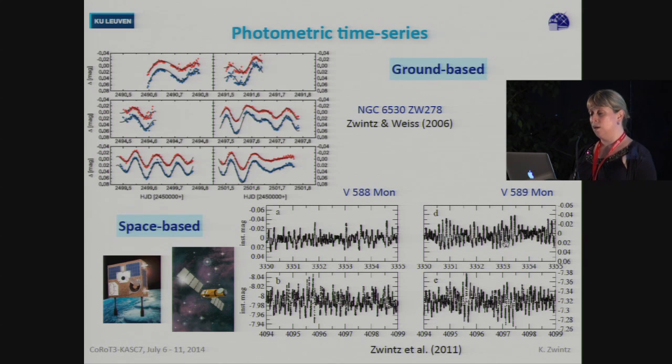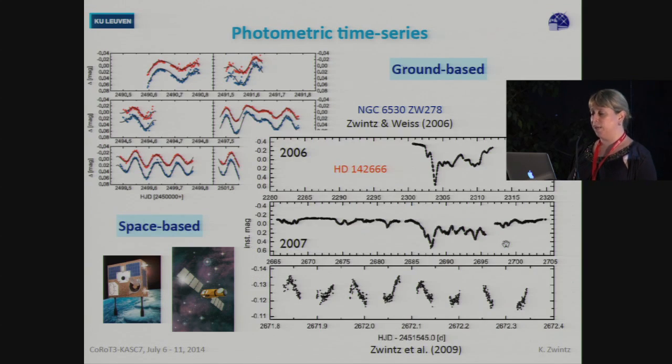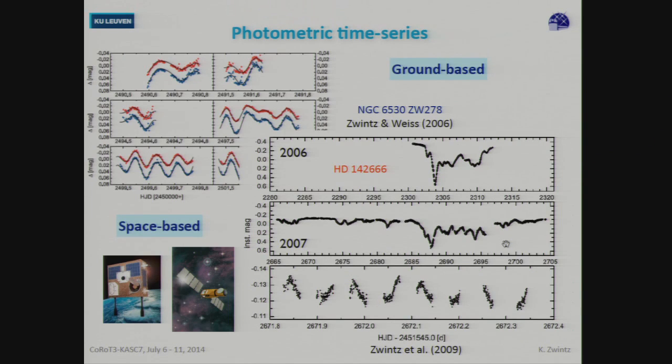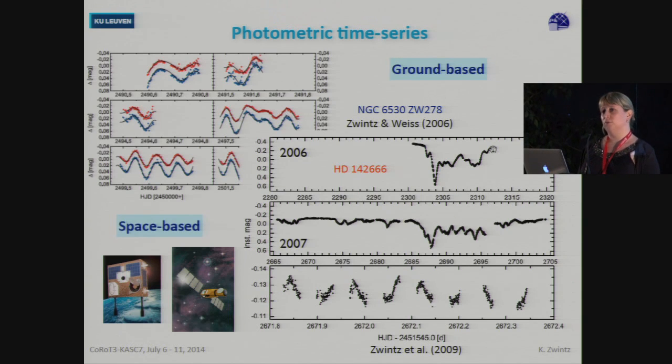and she even knows that's a pre-main sequence star. But it can be way more complicated, because when we saw this light curve obtained by MOST in 2006, the first observational time, we were kind of surprised and shocked and happy, all different mixed feelings, because you have, typical for a Herbig Ae star, which has a circumstellar disk, irregular variability of up to a magnitude. And then we went back in 2007, and then we thought, wow, maybe this dip here,